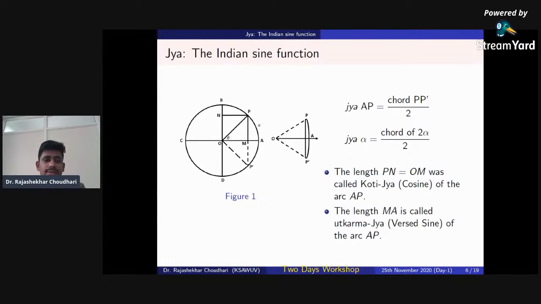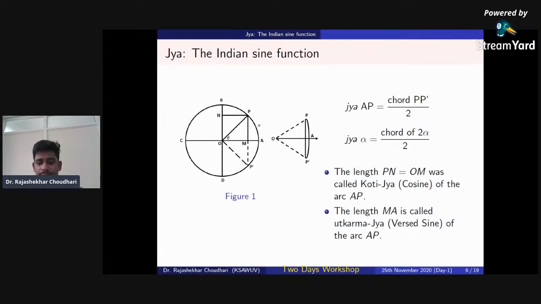So clearly, if you measure it in terms of a length based on the ancient methods at theta equal to 90 degree, OP becomes OB, which is the sine function, and this OM will not be there because it becomes 0, so that is the cosine function, and this MA is equivalent to the radius again. So these three functions can be easily measured